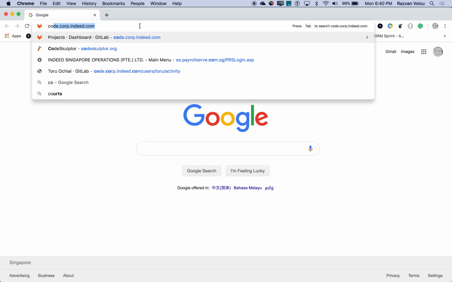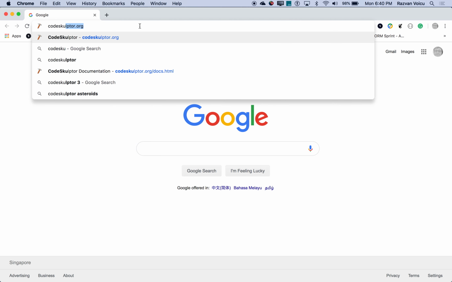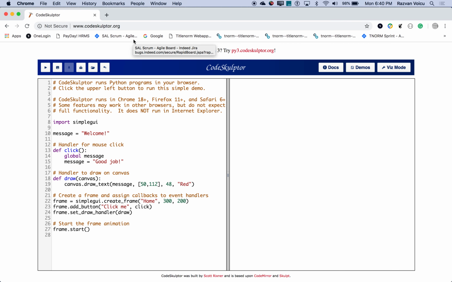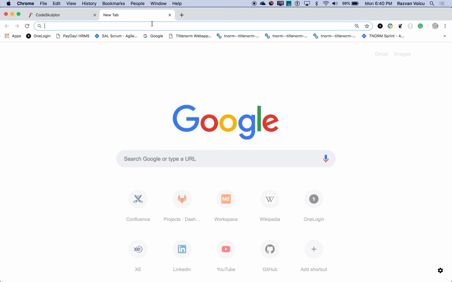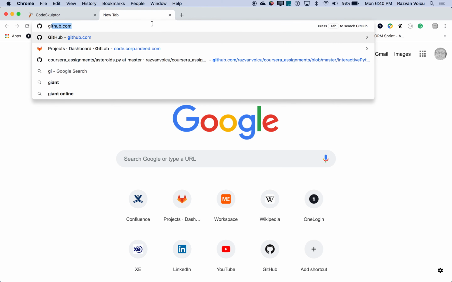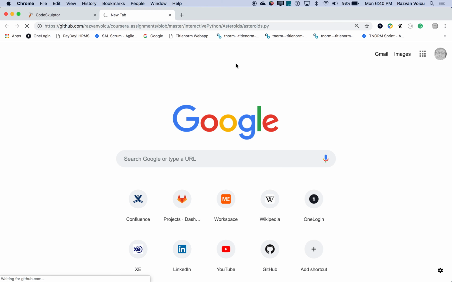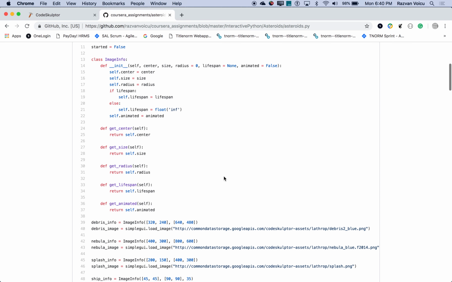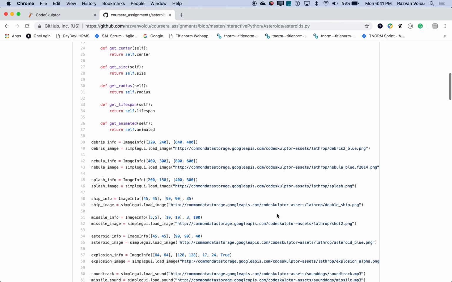So we go to Code Sculptor, as we did last time. All right, and I do have a piece of code that works, and I will actually put it here. I think I showed it to you last time. I think it was this. All right, because I'm gonna need some